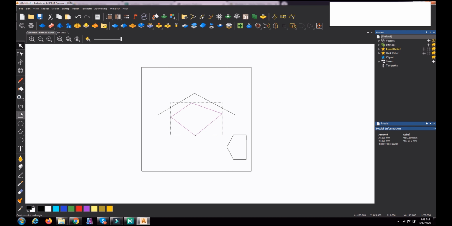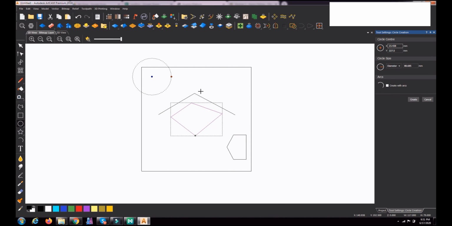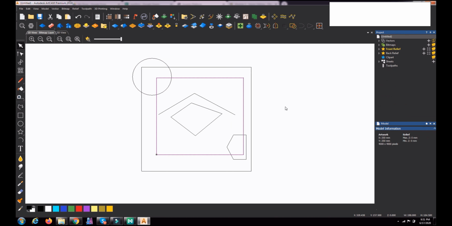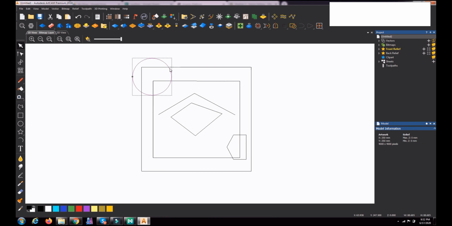You can draw anywhere. Now I can draw this circle here, and I can draw one rectangle here. Okay, so after that you can align it. Now I want to bring it exactly to the center, then I can go and press here, or you can use the F9 button on the keyboard. So it comes to the center, or you can just click here, that is center in model. Okay, it comes to the center. So this is the way we can align the vectors.